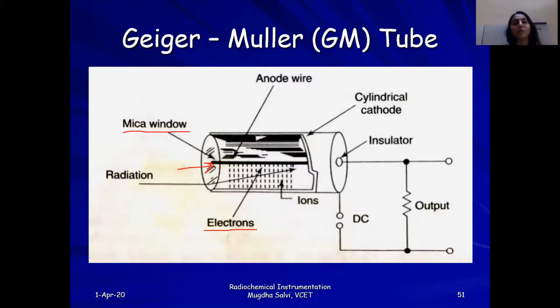Now the GM tube is operating at a much higher voltage as compared to your ionization chamber or your proportional counter. It works in the range of approximately 850 to 1500 volts, which is a pretty high voltage. Now, with such a high voltage, what happens is that the field inside the GM tube is highly electrically charged, because of which these particles move with a very high velocity.